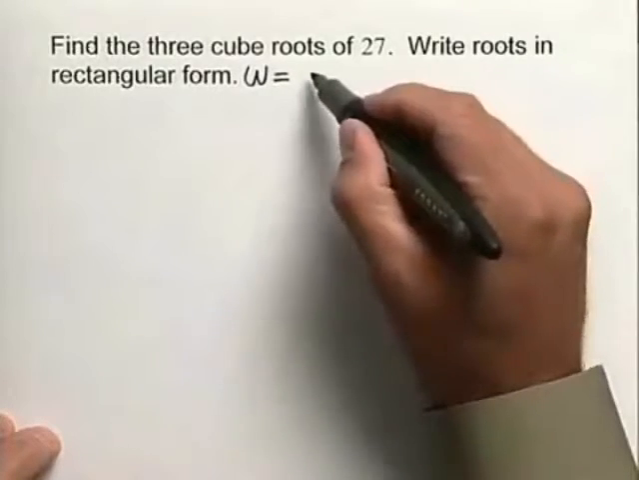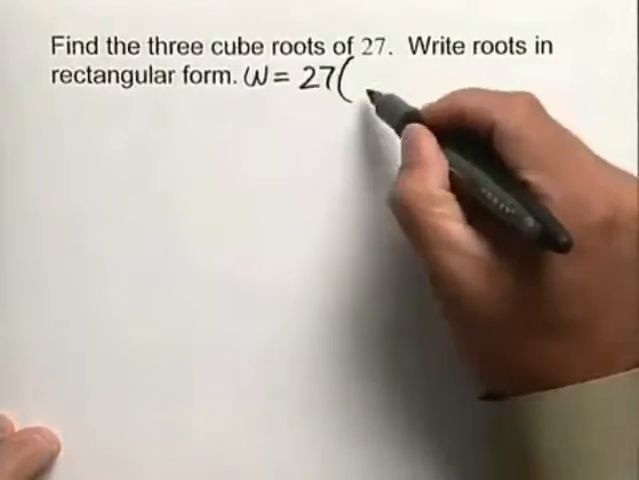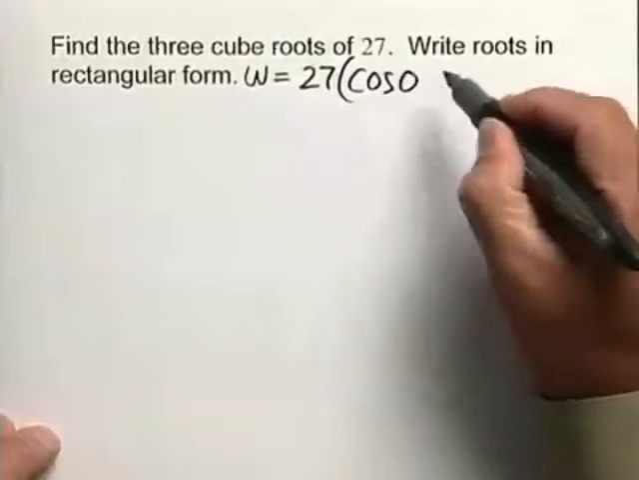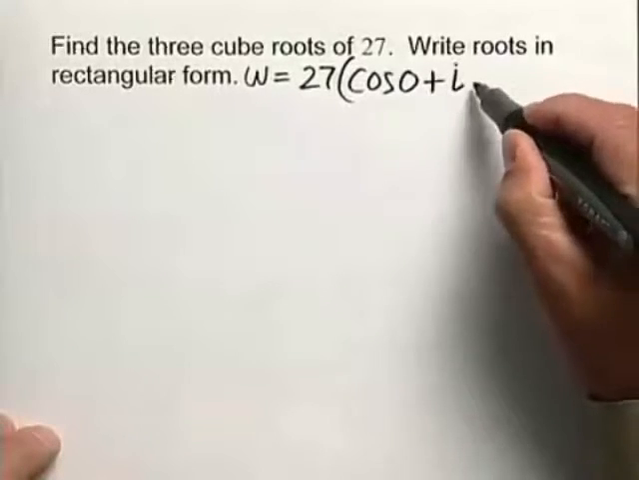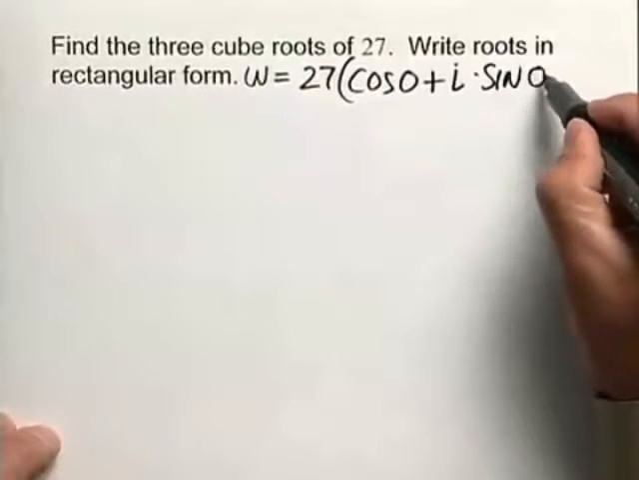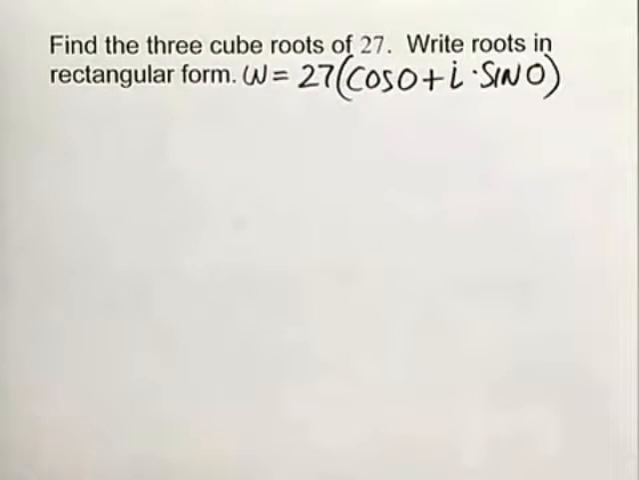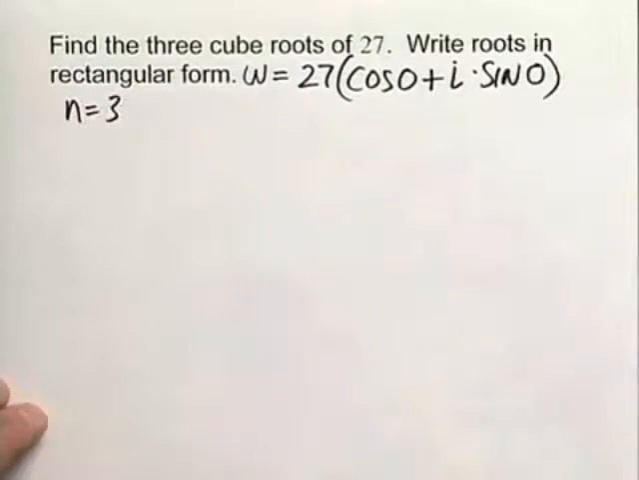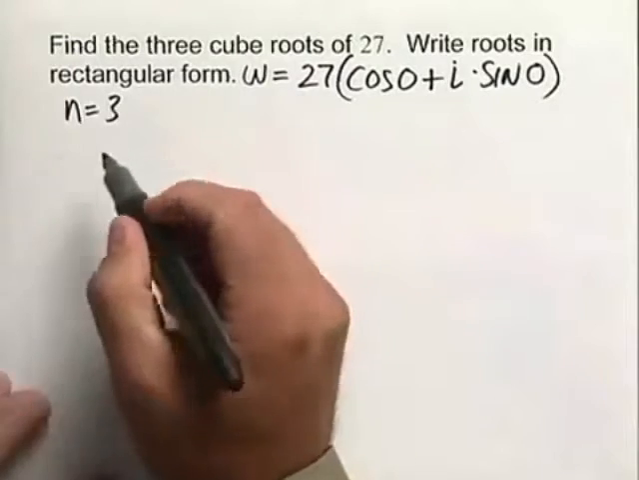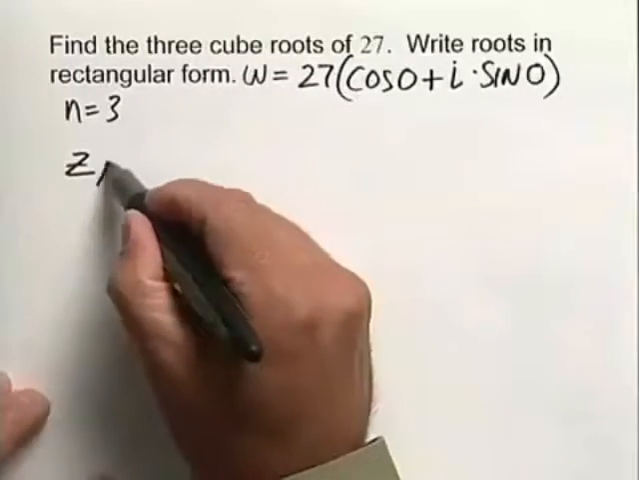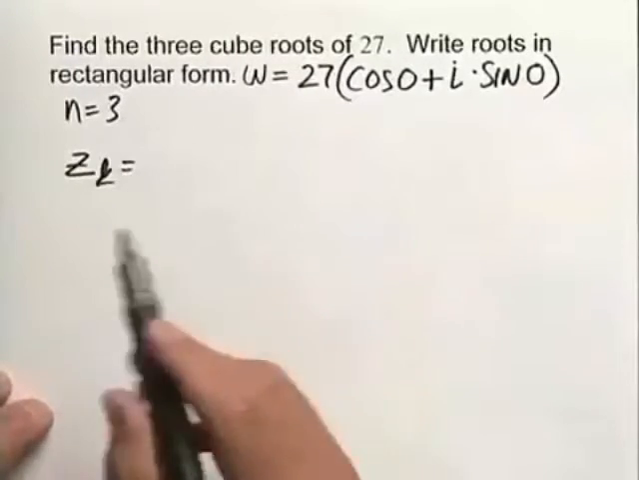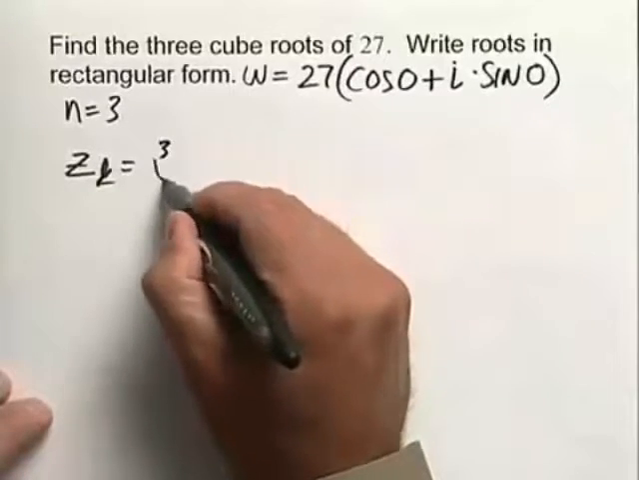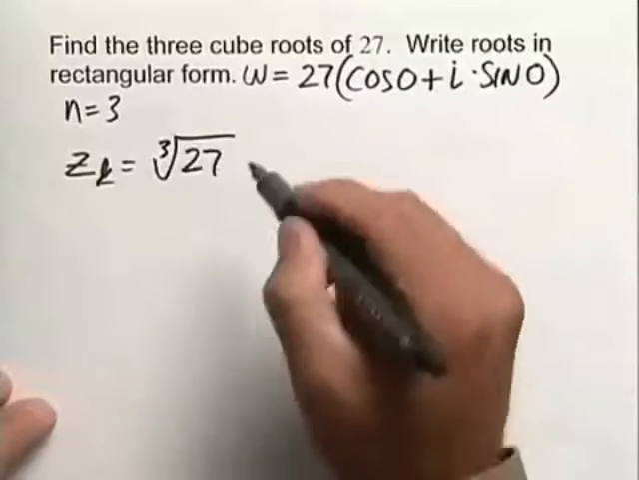And that will be of the form 27 times the quantity cosine of 0 radians plus i times the sine of 0 radians. Now, since we're looking for the cube root here, we know that n has to equal 3. And so from that, let's write the general form of de Moivre's theorem. It's going to look like the following. Z sub k is equal to the nth root, and again being 3, the cube root of 27, times the